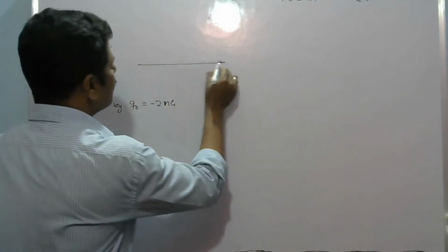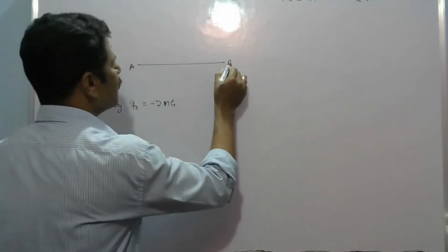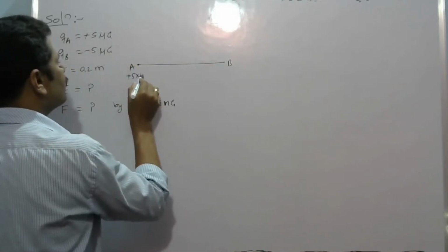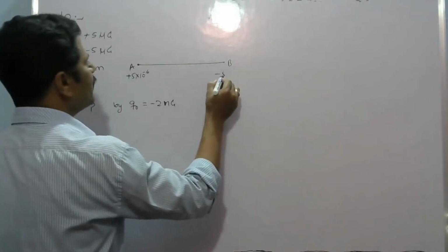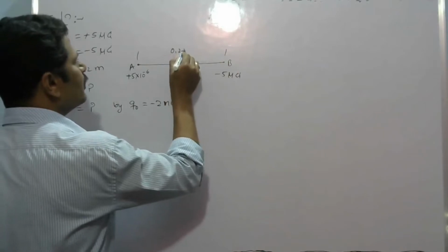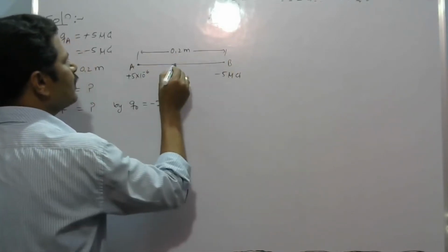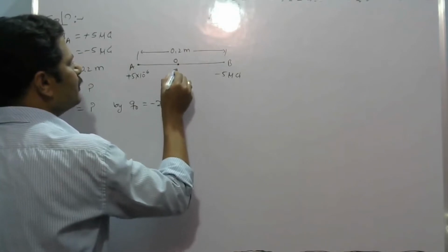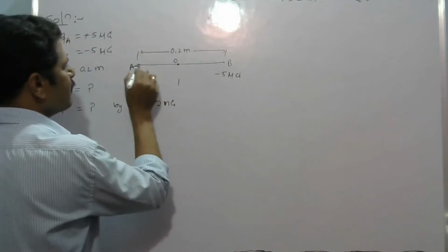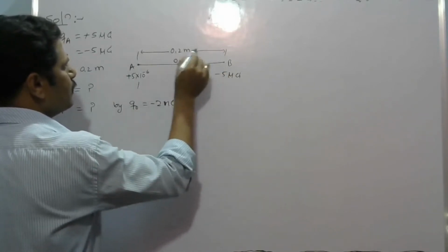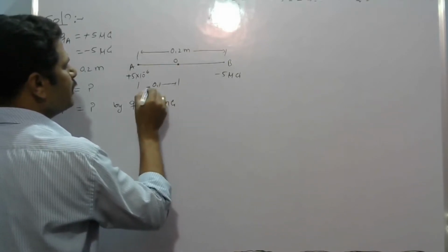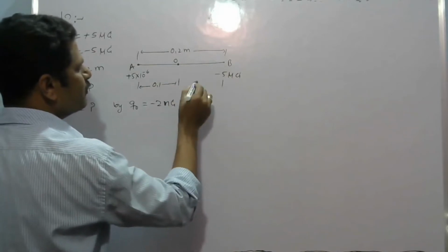So here there are two charges which are placed at the points A and B. At A we placed plus 5 microcoulomb, and at B we placed minus 5 microcoulomb. Distance between these two points is 0.2 meter. Our aim is to find out the electric field at the midpoint O. Since it is a midpoint, it is at the same distance from A as well as B. So we could write this as 0.1 meter,